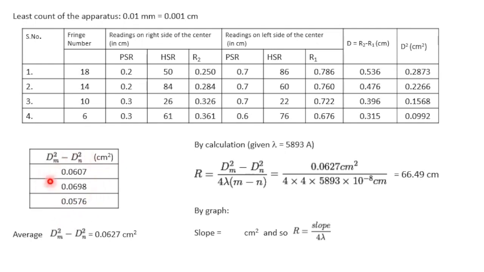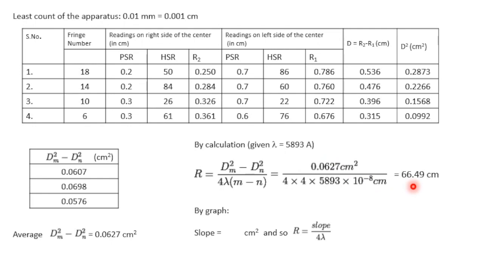So all you have to do is average out these values. So the average dm square minus dn square is listed below. Plug it in this expression with m minus n equal to 4, and you'll get a value of 66.49 centimeters. It is important that though the sodium vapor light wavelength is given in angstroms, you must convert that to centimeters, because the numerator is also in centimeters. Okay, so that you can cancel out easily. So you get an answer of 66.49